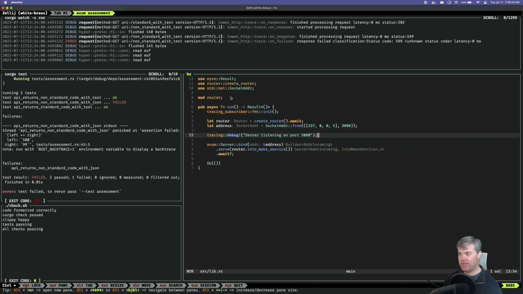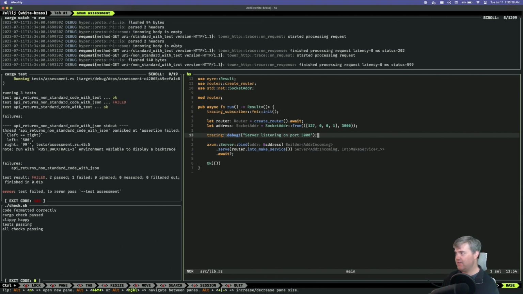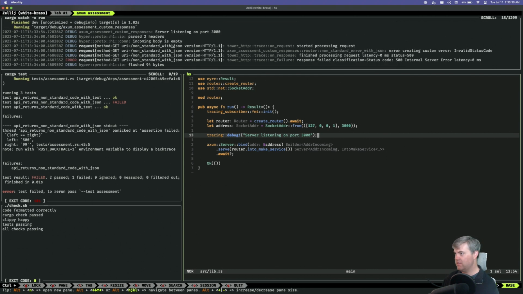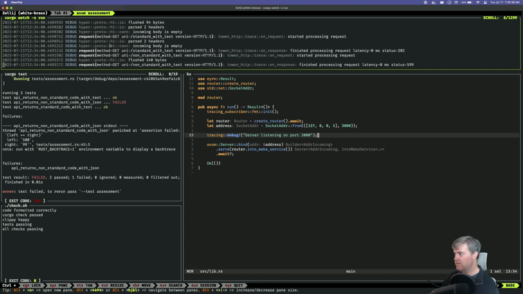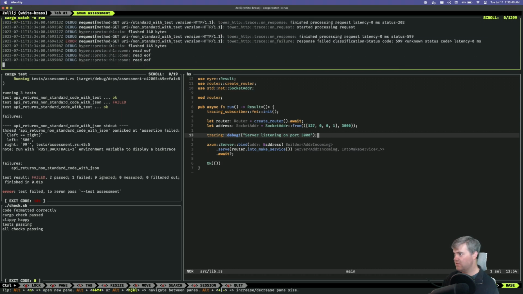Yeah, I can just do tracing debug. And did I actually get that? Yeah, server listening on. Okay, so I'm getting that. Ooh, which makes me wonder maybe it's not even getting to that point in the code.